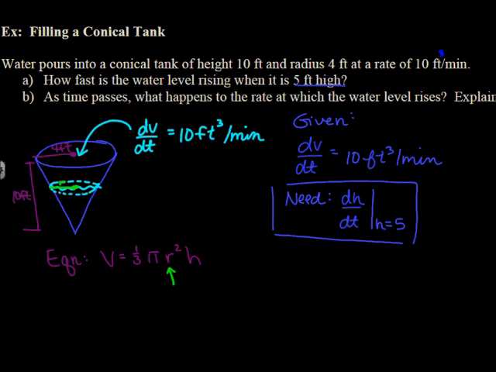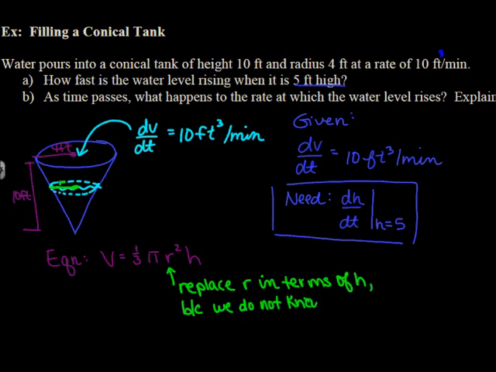Okay, but the r is going to be a problem because, one, we could probably calculate what the value of r is, but we have no idea what the rate of change of r is. Okay, so this is going to be a problem. We're going to have to replace r in terms of h. And this is because we do not know anything about dr dt. Okay, but that's okay because we're going to be able to solve for r in terms of h by setting